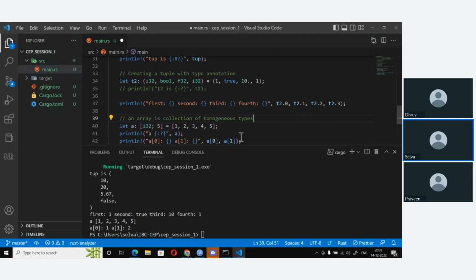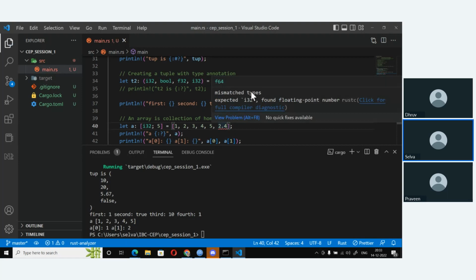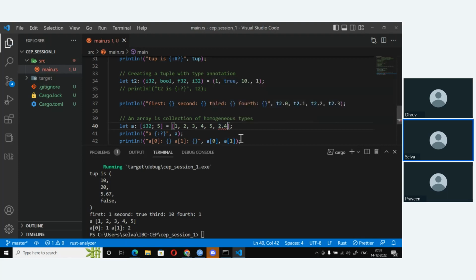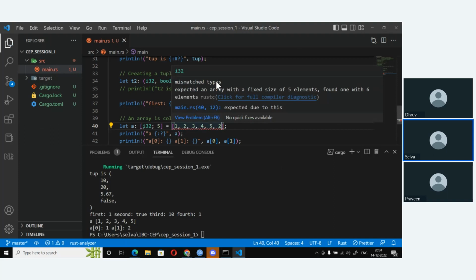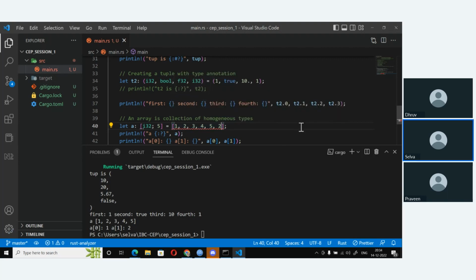So if I put, let's say, for instance, here 2.4, of course, I'm going to get an error, a mismatch type, on floating point. And also the other problem is that even if I put only 2 and save this, you're getting an error because you've got 6 elements: constructed an array with a fixed size of 5 elements, found one with 6 elements. So now the error is gone.